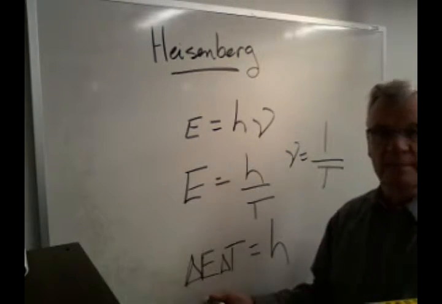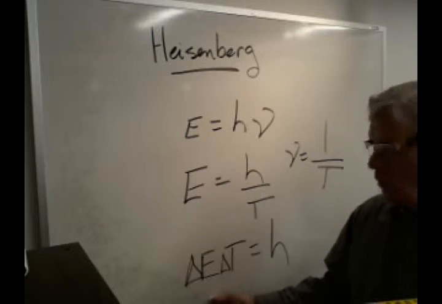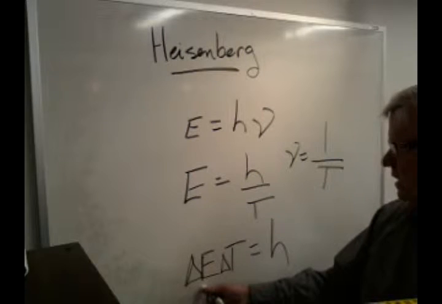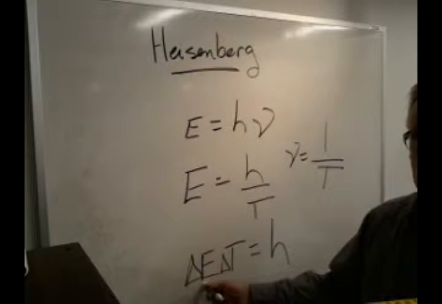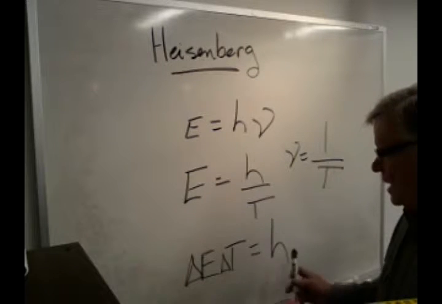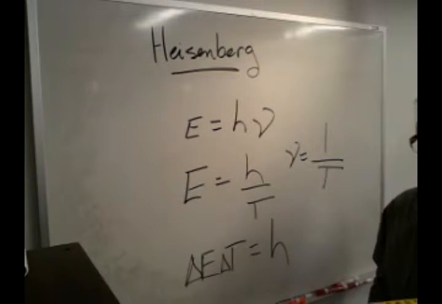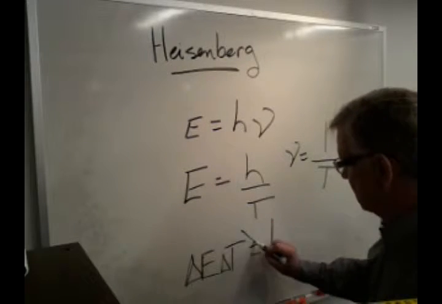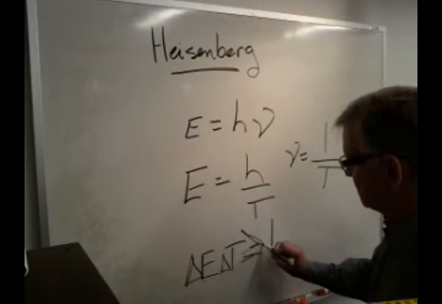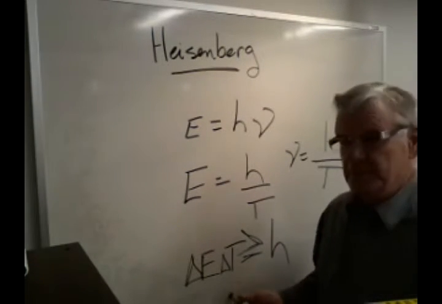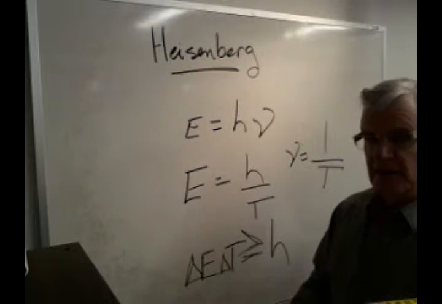So the error of any measurement of energy will be equal, sorry, E is energy, h is Planck's constant, and the frequency. Then the error we measure in energy, the error we have in time, times the error in energy must be equal to Planck's constant as accurately as we could possibly get it. Therefore, any valid measure in time, since that's the error, times the energy that is required